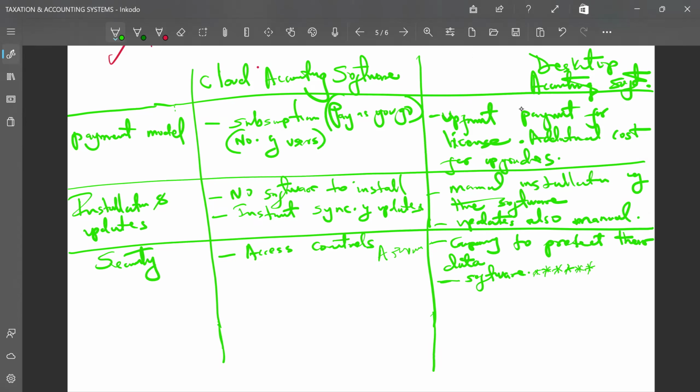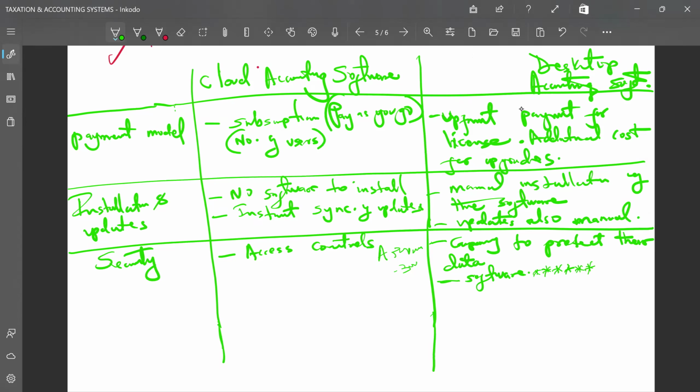And assuming that the people who are in touch with these clients have already told the clients that in case you're asked to give an invoice to support your claim, please let the invoice amount be this. This is the figure I'm giving. Remember, fraud is being perpetrated in some of those ways. So, in terms of security, desktop accounting software is much more prone to such security threats. As a firm, if you opt to go for the desktop accounting software, you have to be ready to protect your data yourself, protect the software on your own.